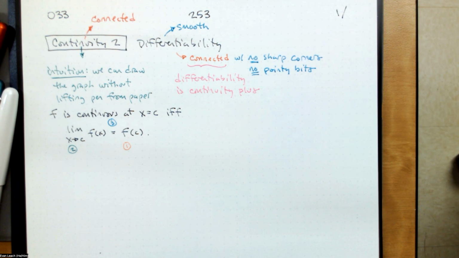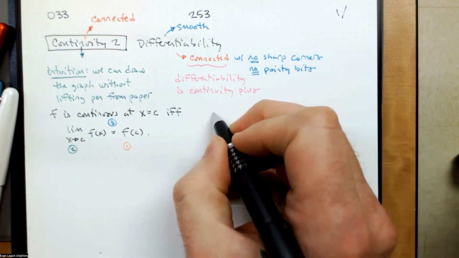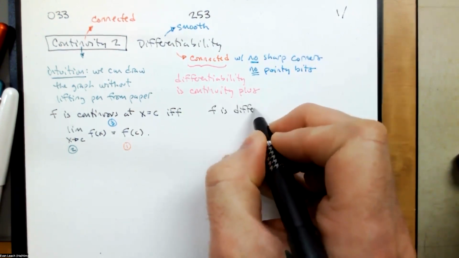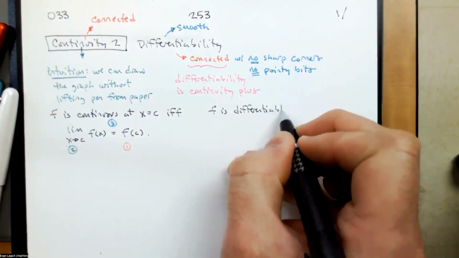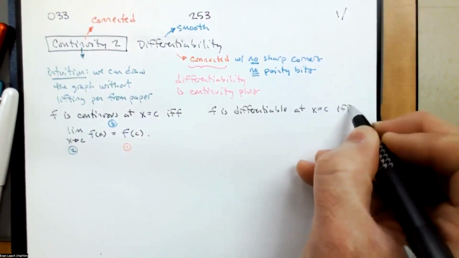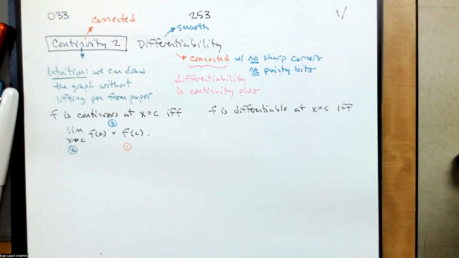Here's our definition of differentiability. Secretly, you already know this one. A function is differentiable at a point if we can find a derivative at that point. So we'll say that f is differentiable at x equals c if and only if. If and only if, very common to use in a definition. f is differentiable at x equals c if and only if